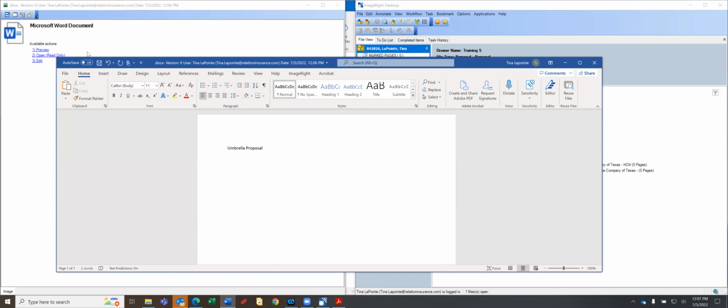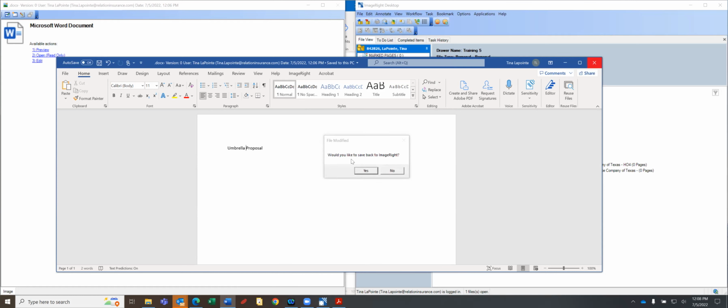When I'm all done, those of you who are old enough to remember the 90s, we used to have these little hard diskettes. If you wanted to save something, you had to save it on these little diskettes. So in your Word doc, you should have this little save diskette up top. You can hit it, and it will save it. If you don't have it, just close out your Word by hitting the X